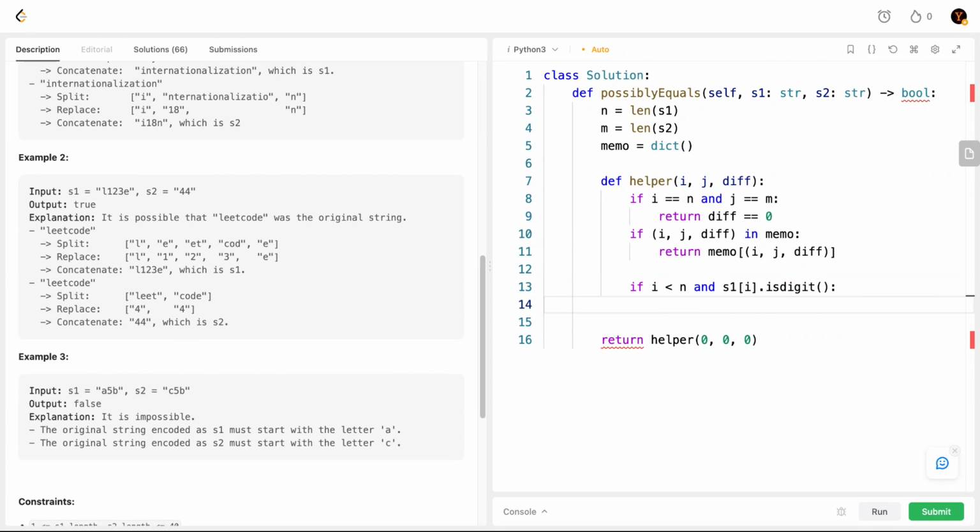If it's a digit, there are multiple possibilities. Either we use the current digit and use its length to move the string, or we use the current digit and, if the next one is a digit as well, we use that too. For example, if it's 1, 2, 3 here, we can do 1, or 1, 2, or 1, 2, 3, right? So we have three possibilities, as long as the following numbers are digits. So let's track the value of the number. Let's say number is 0, and then while i is less than n,